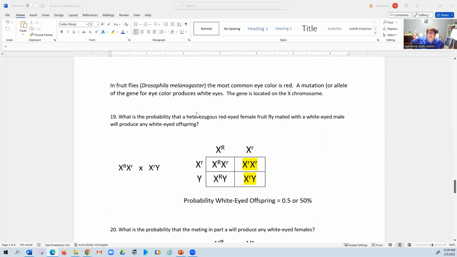So in the fruit flies, Drosophila melanogaster, the most common eye color is red. A mutation or allele of the gene for eye color produces white eyes, and the gene is on the X chromosome. And just to show you basically how that's going to look like,